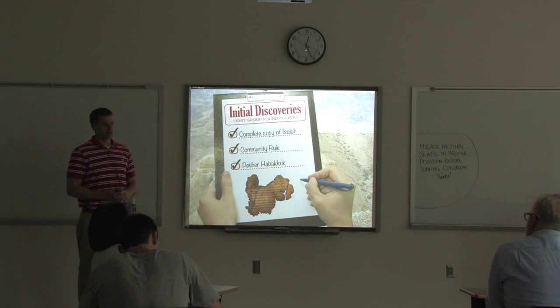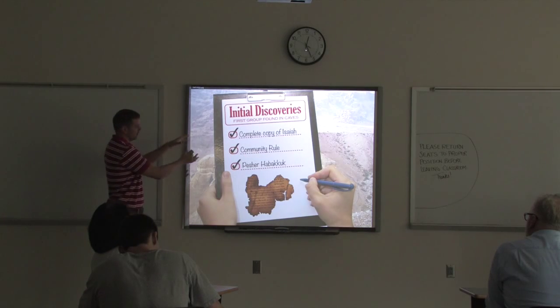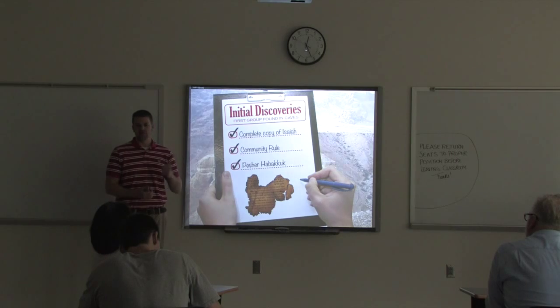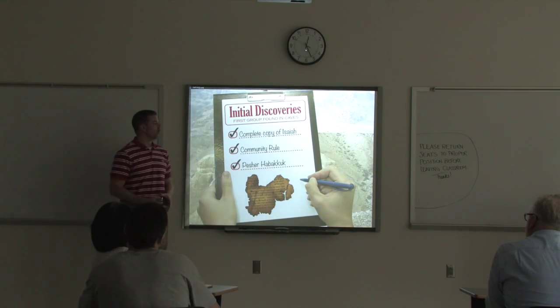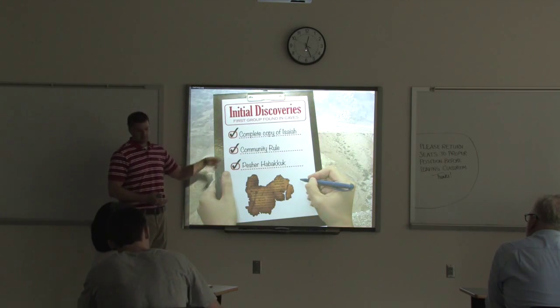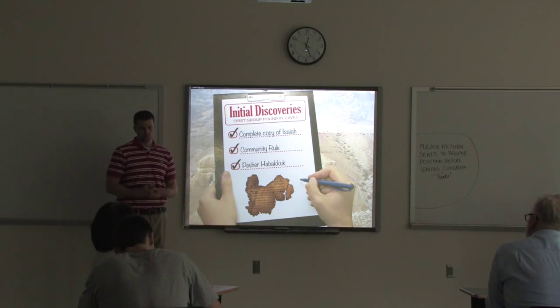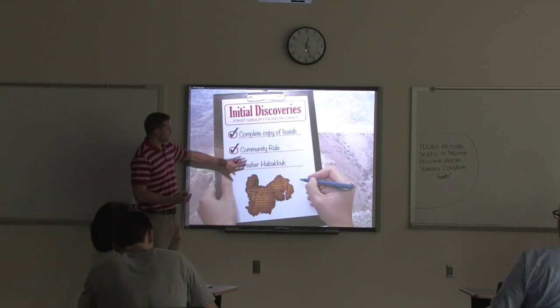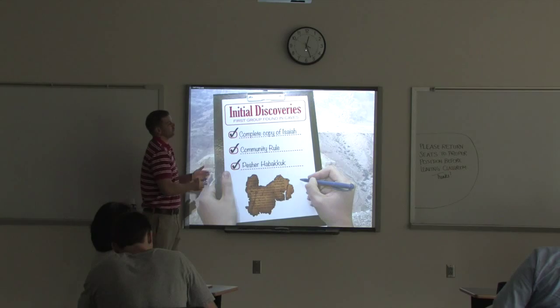Now, what did they find? What they found, the very first go-around at least, were three texts. One was a complete copy of the book of Isaiah. It's complete, the whole book of Isaiah intact. The second was what we call the Community Rule, or the Rule of the Community. This is a text that we'll look at in just a second. This was a rules and regulations manual of a group that we'd never heard of before. The third text they found was the Pesher Habakkuk, a commentary on the text of Habakkuk. Again, we had never seen these two texts before. These were firsts for us.